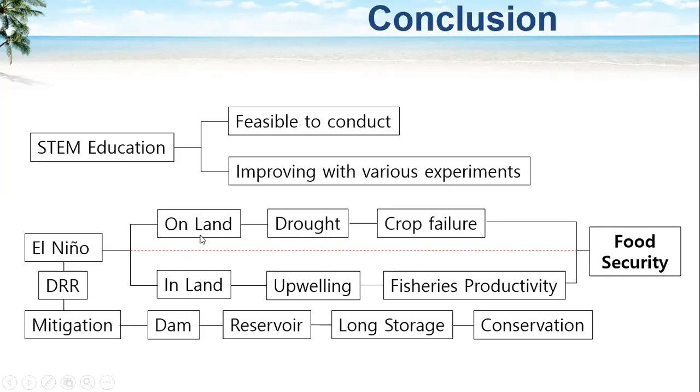And on land, as I said earlier, we suffer from drought. Because of drought, crops and plantations fail and might threaten our food security. While in the oceans, sorry, it is wrong. It should be in the oceans, upwelling emerges, and it might lead to fisheries productivity. Therefore, even though on land we would suffer from crop failure, in the ocean we will have good fisheries productivity because of